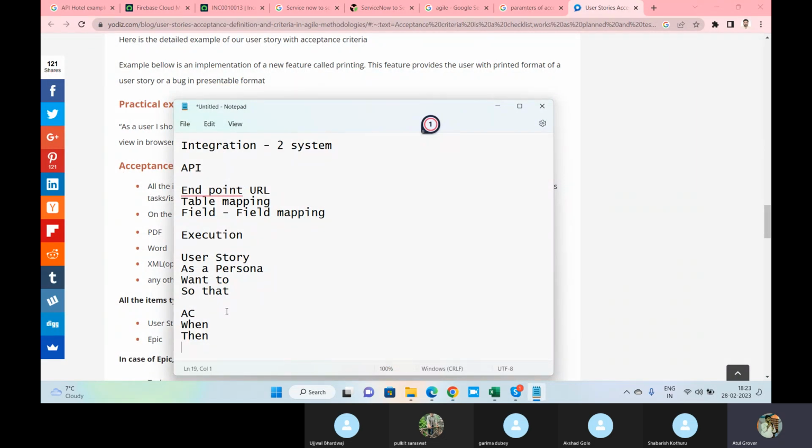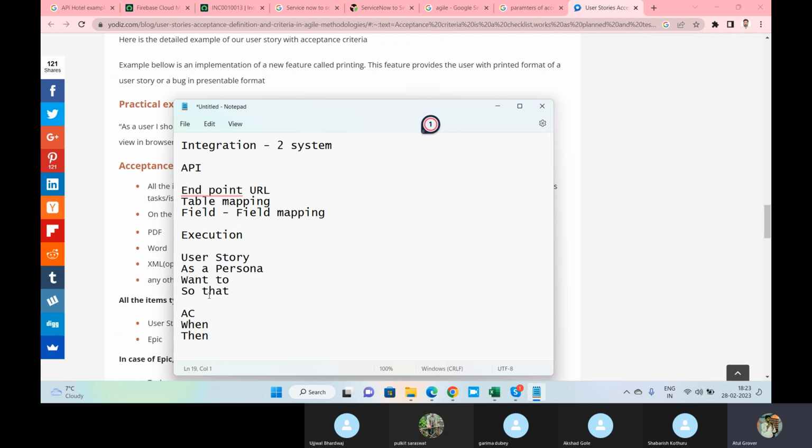So when you say it is a pass, when I as a user am able to enter my username and password and log in, then I will say it is working fine. So you have to put when and then. When I do this, then this should happen, then I will say it is a pass. If I enter the wrong password and am still able to log into the website, that is a wrong case.